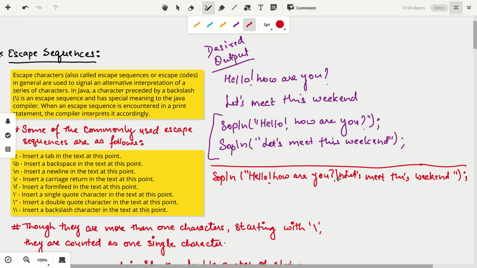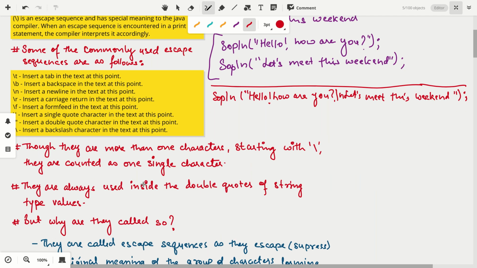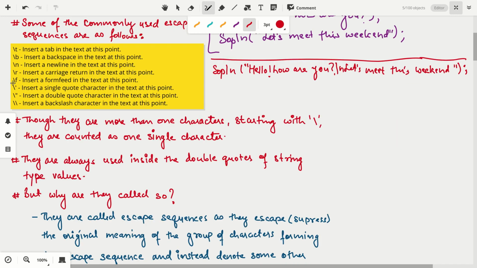The reason is, anywhere inside double quotes, if a \ character is found, the computer will understand that whatever character you write next should be a valid escape sequence character.